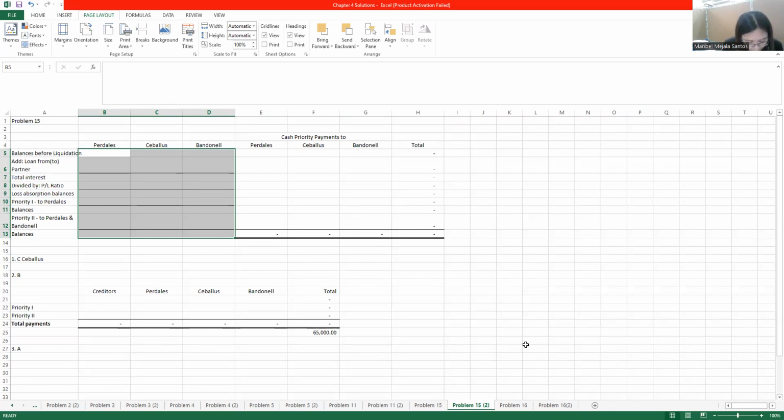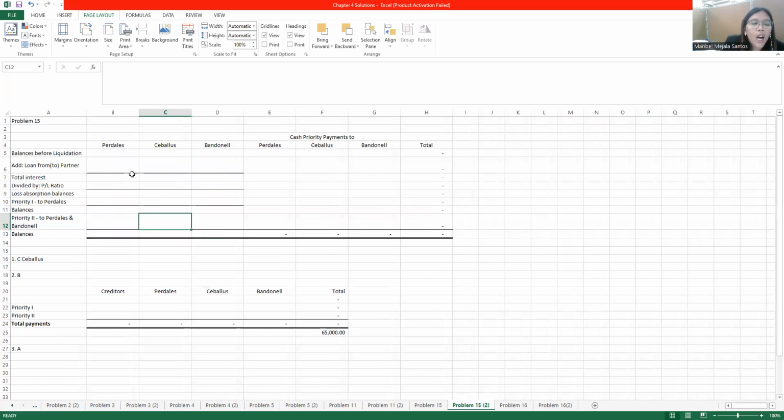Okay? And of course, number 3, if the total amount of 7.5 is available for distribution after all outside liabilities are paid, it should be paid as follows. Okay, so let's answer this by using the cash priority program. So, paano ginagawa si cash priority program? So, ito yung table niya, no? Okay, now,